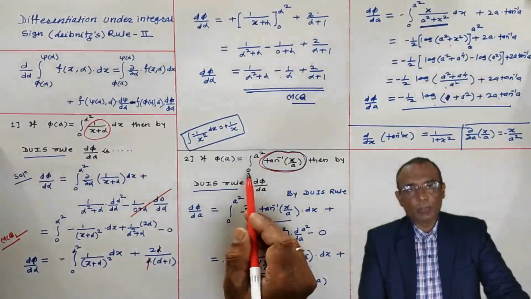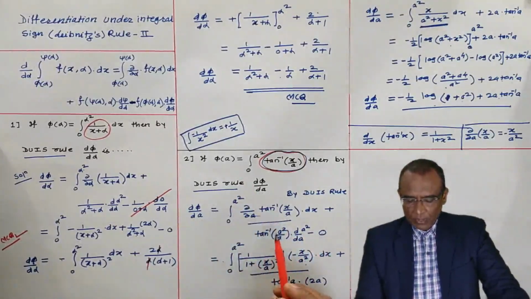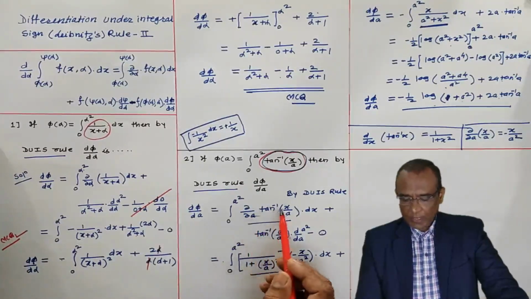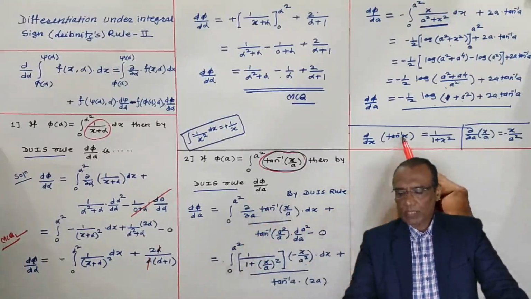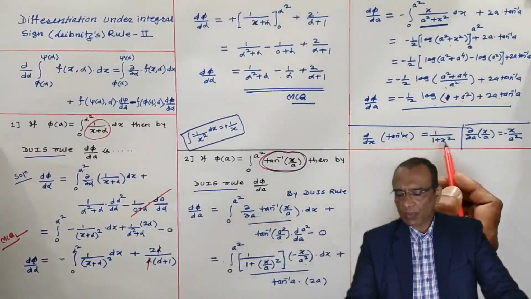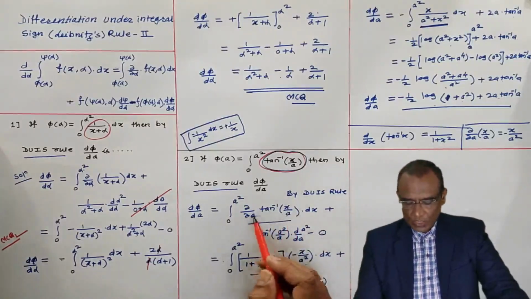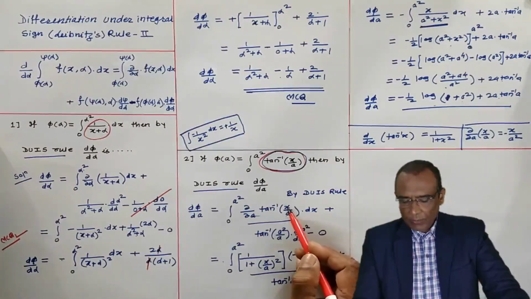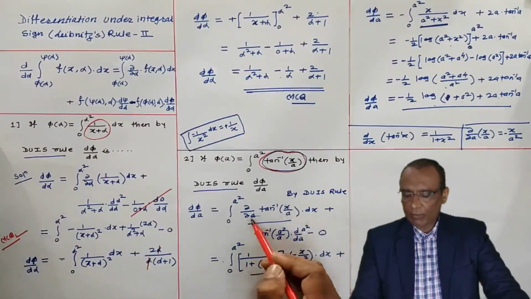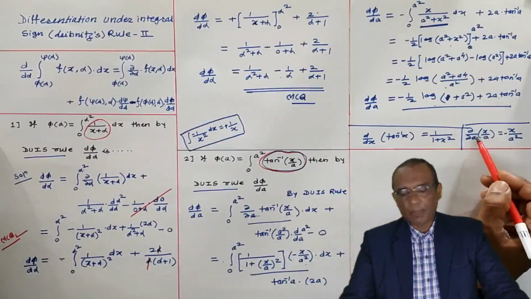But the third term is going to become 0 because the derivative of 0 is 0. Now, the derivative of tan inverse xy with respect to a. See, the derivative of tan inverse x with respect to x is 1 by 1 plus x square. And the derivative of tan inverse of x by a with respect to a is 1 by 1 plus this argument square. And the derivative of x by a with respect to a, again I have to write partial derivative of x by a with respect to a, keeping x constant.